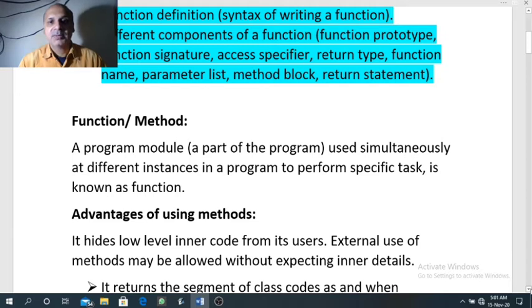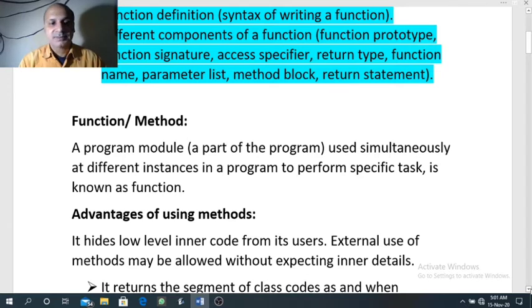Within a pair of curly braces, whatever instructions we give to the computer to perform any task, this is known as a function. So these instructions are written inside a function. And one class may have many functions together. That is why a function is a part of a program or a module of a program.